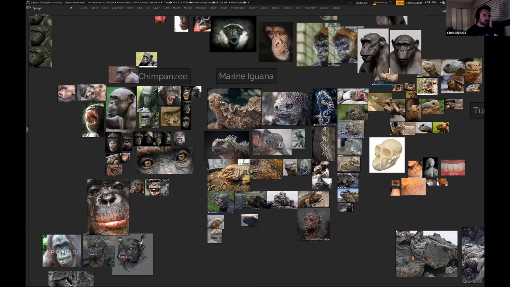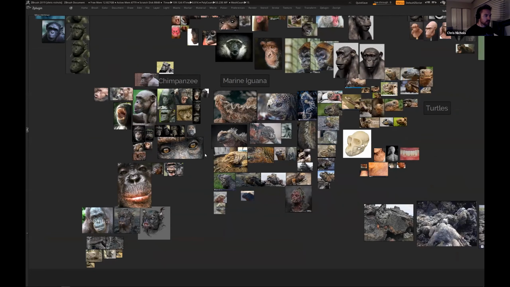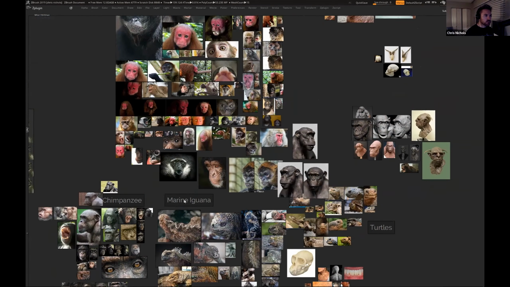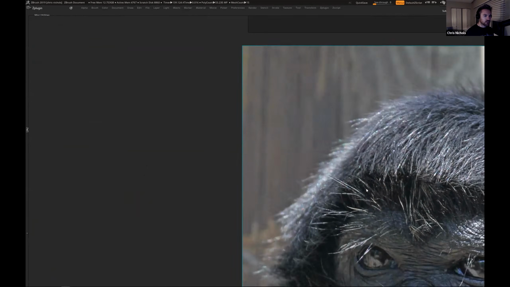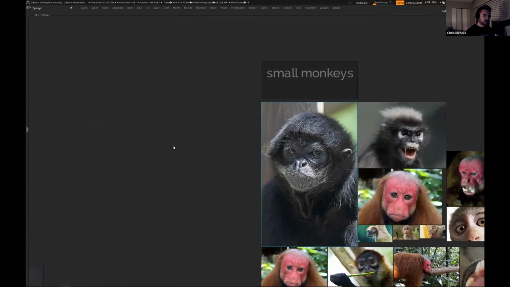And so what I love to do is start by creating a giant selection of all this different reference material so that I can see if anything really stands out, and I can start to figure out what sort of direction I want to take it in. So for my creature, when I started it, I was looking at a lot of monkeys, smaller creatures, something that's about 3 feet, 2.5 feet high.